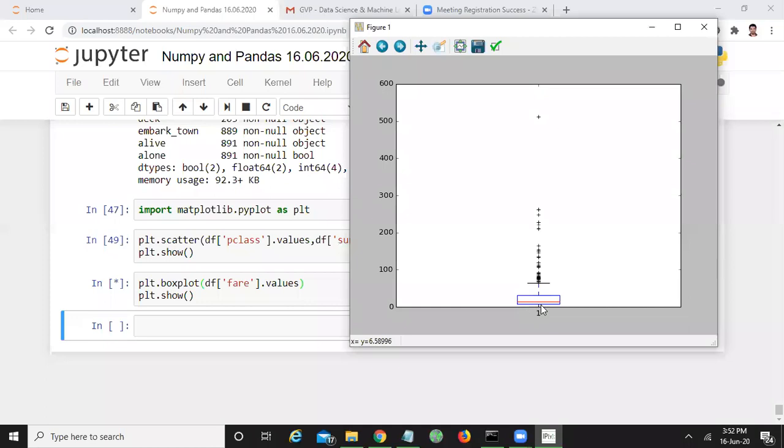That value is represented by this red line. The values which are nearer to that red line will be constituted by this box. So this box represents the interquartile range.